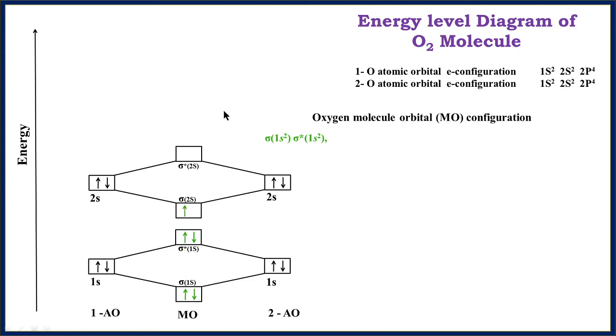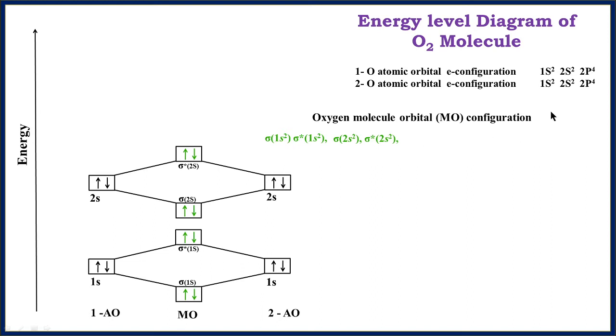So the first electron is paired here, as we have already seen. The second electron will get paired here. Next, the third and fourth electrons will be filled in this order. Now we can see the molecular orbital configuration for the 2s orbitals: sigma 2s2, sigma star 2s2. So these are all molecular orbitals. Sigma 2s has 2 electrons, so we write sigma 2s2. Sigma star 2s also has 2 electrons here, so sigma star 2s2.